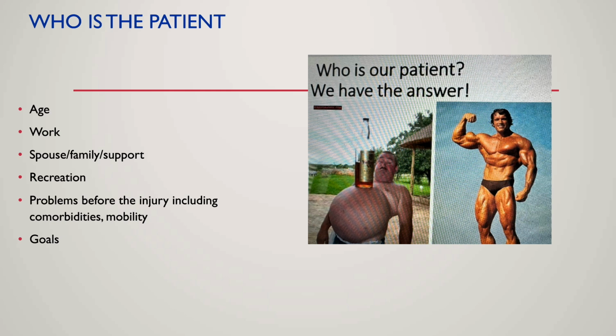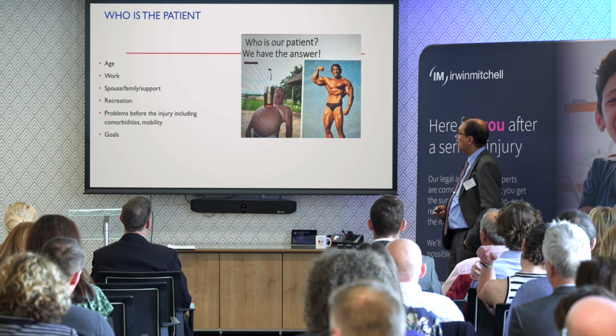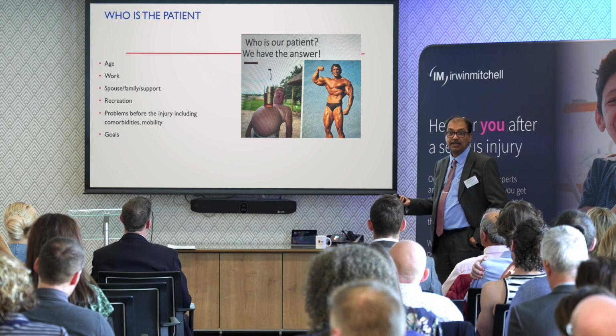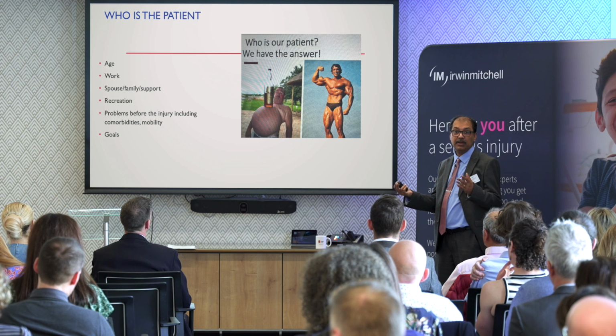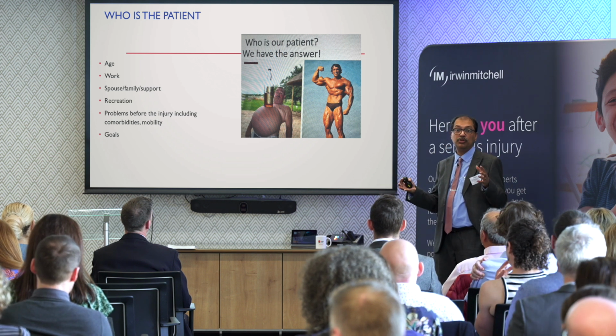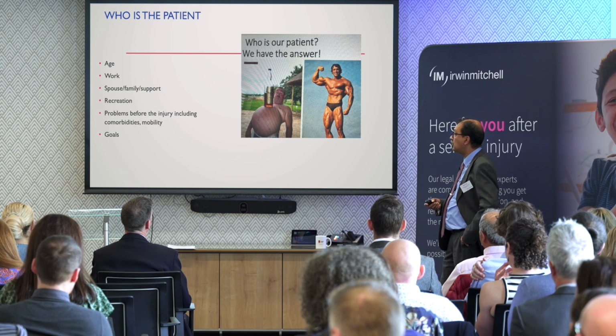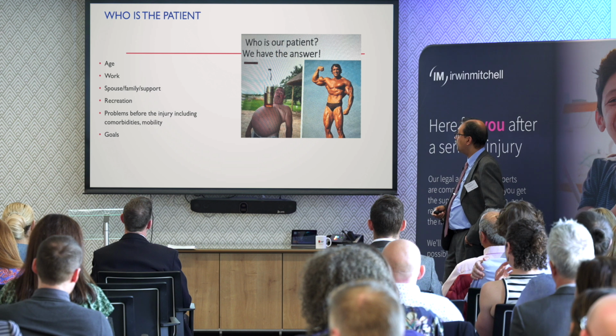The older the age, the poorer the outcome. What type of work the patient does, what type of family support there is, how Ruby was telling, family, it's not just only family, friends and families. What sort of support and integrity there is in the house is extremely important for the outcome.